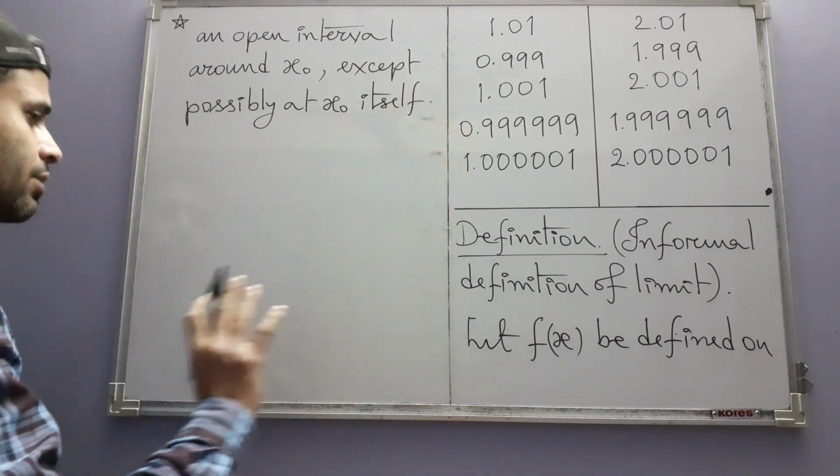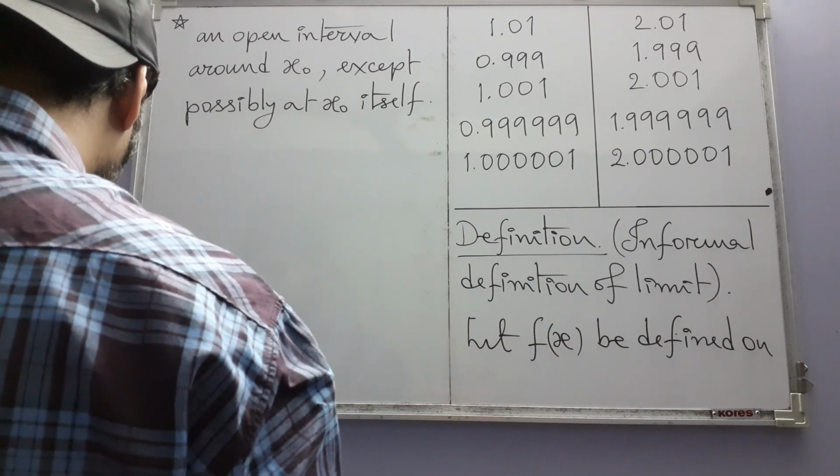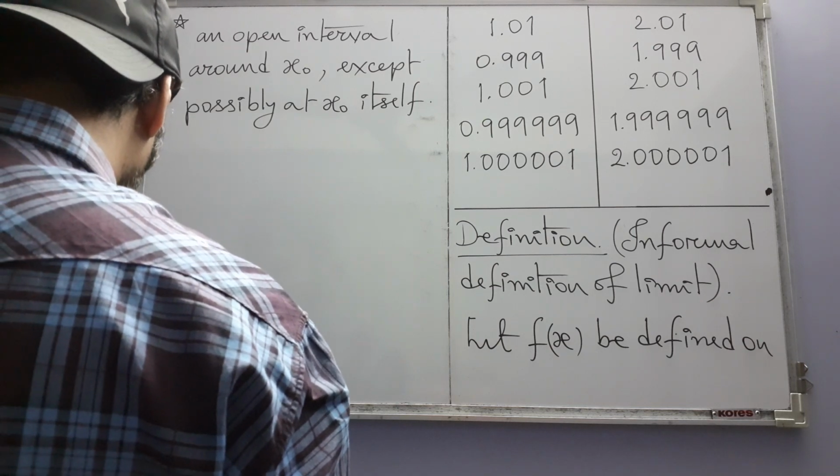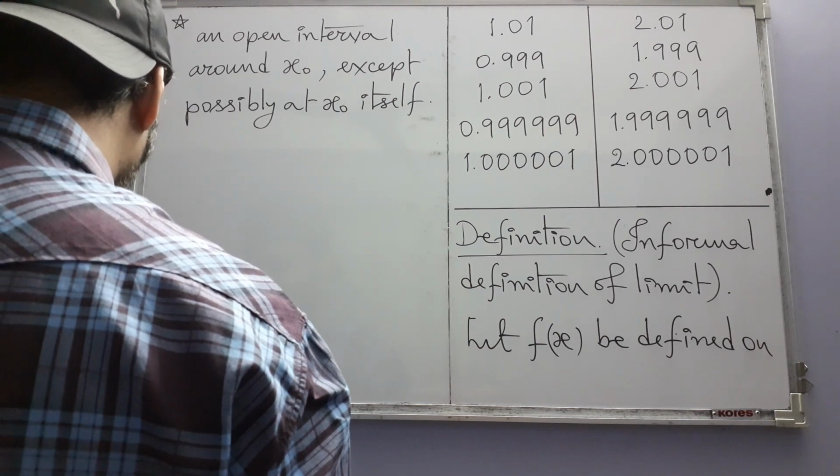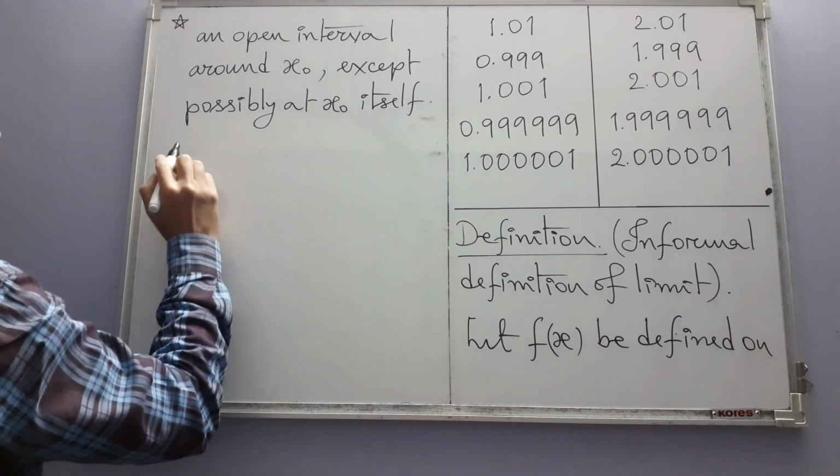That means, okay, we are coming to the meaning afterwards. Let me just first finish writing. If f(x) gets arbitrary, yes, for all x sufficiently close to x naught, yes. If